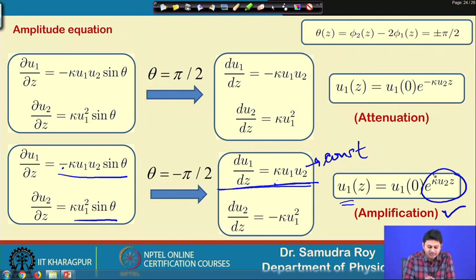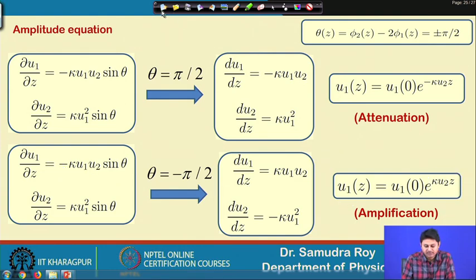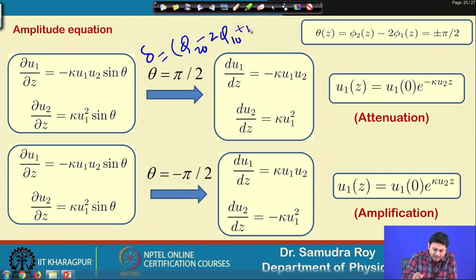and this is happening because of our phase matching condition, whatever phase condition we have. So, this phase condition suggests that delta becomes minus pi by 2, theta becomes minus pi by 2, or delta in terms of phi 2 and phi 1 becomes minus pi by 2. So, this is one condition. The second condition, let me write it once again, delta was phi 2 0 minus 2 phi 1 0, and then plus pi by 2, and we say if it is pi,